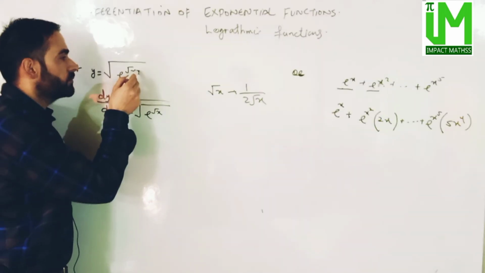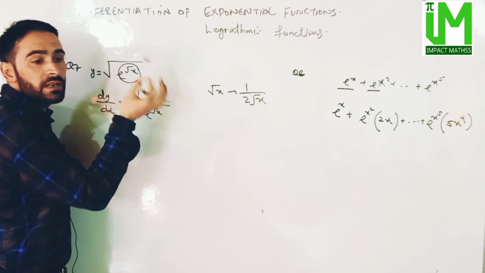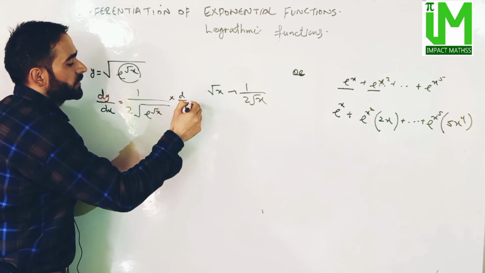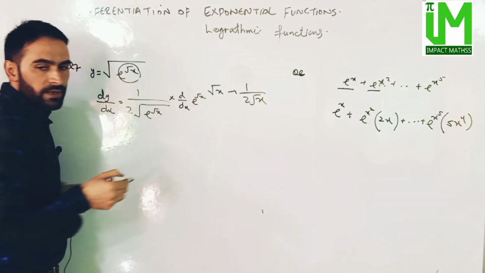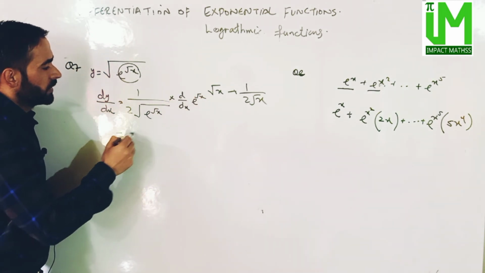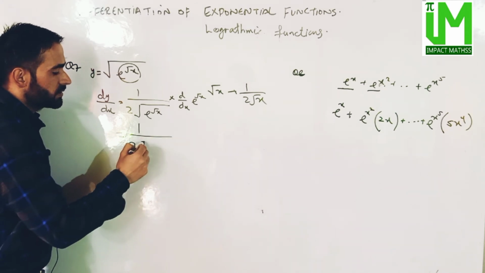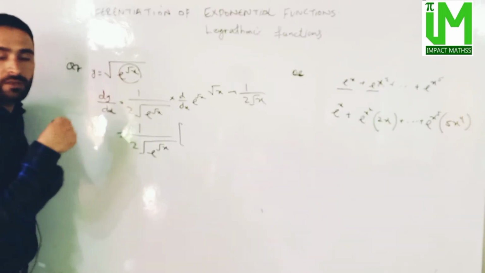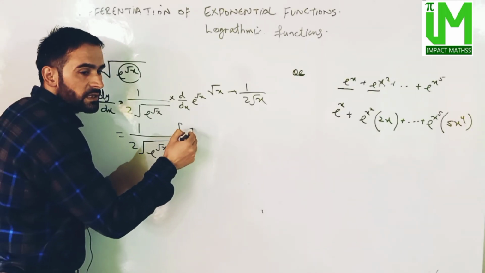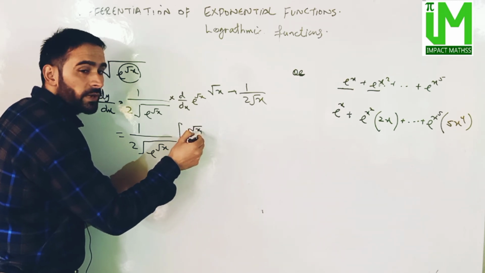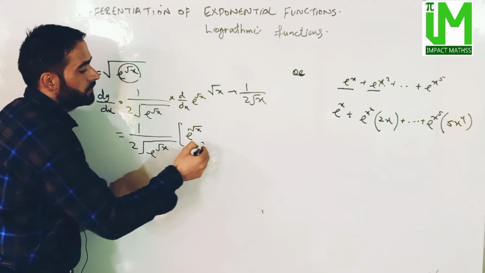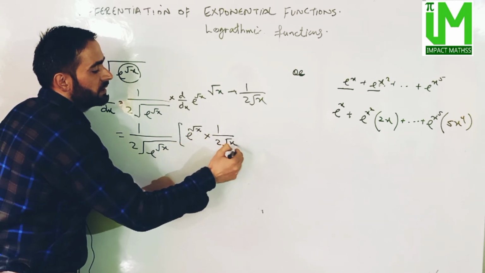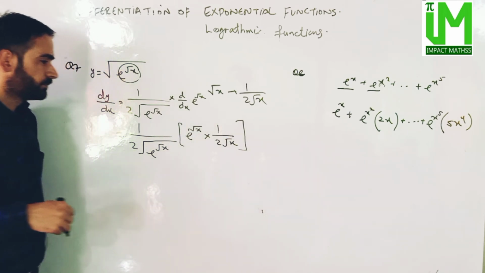ठीक है, यानी जो भी चीज़ है उसका internal differentiation करें. So it will be d by dx of e raised to power under root x. So it is 1 divided by twice under root of e raised to power under root x. So what will be derivative of e raised to power under root x? E raised to power under root x. But guys under root x has its internal differentiation, and what will be derivative of under root x? So it will be 1 by twice under root x. ठीक है,